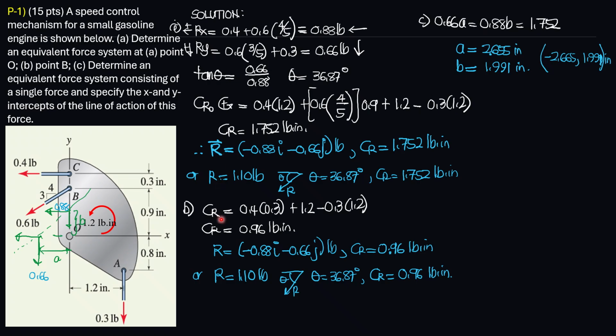For part B, R is the same in vector form. This is in vector form. There is an arrowhead here. It was erased, but it should be the same as that.